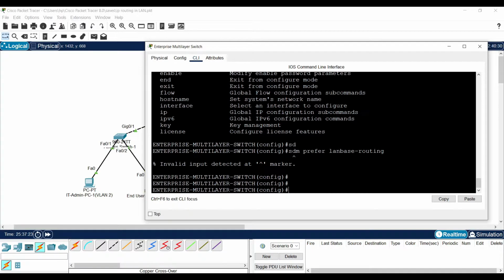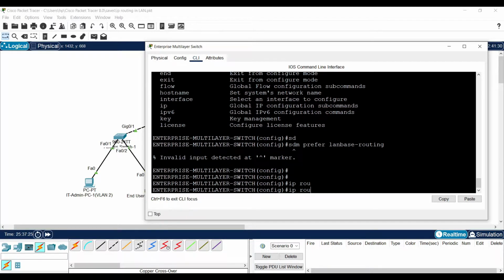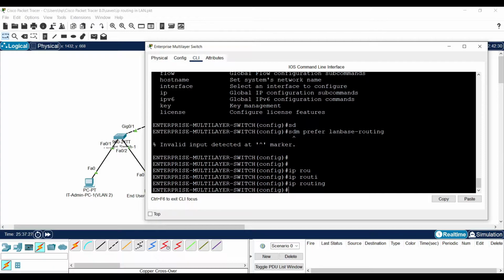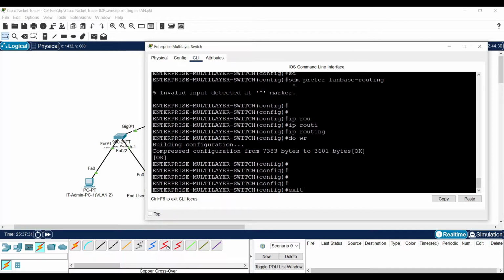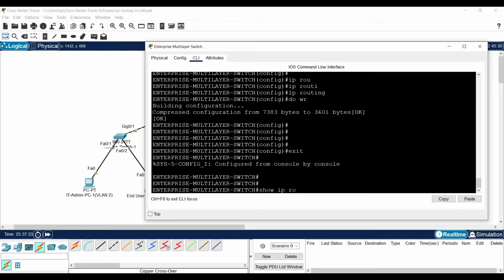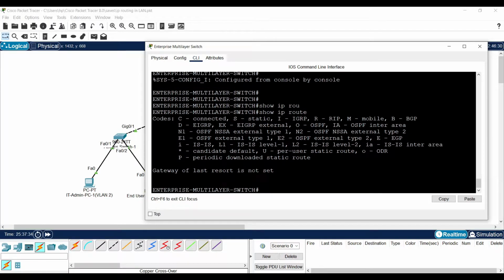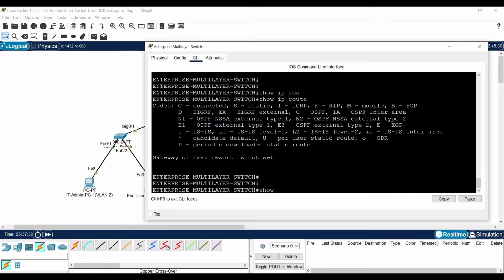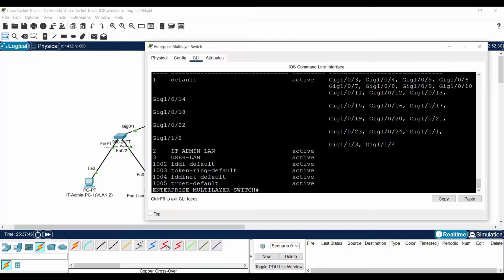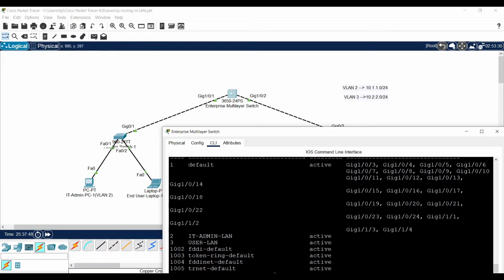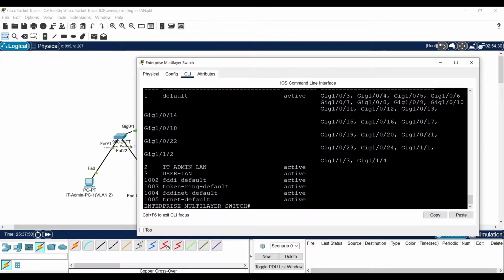Next and important command is ip routing. A single command will enable the routing feature in the multi-layer switch. Now the routing table is ready. But still, we don't have a way to bring these VLANs into our routing table.